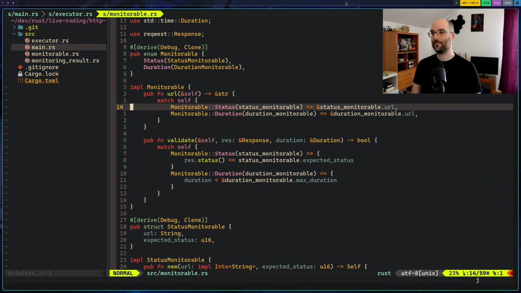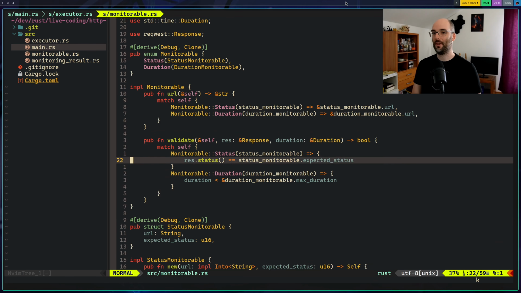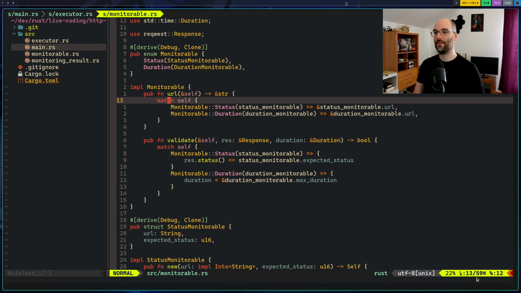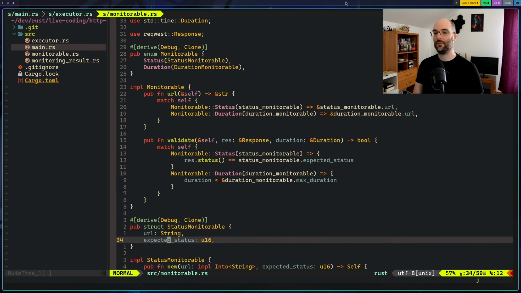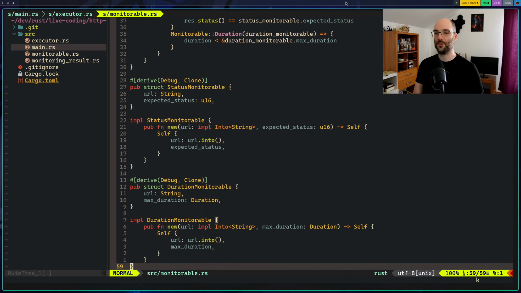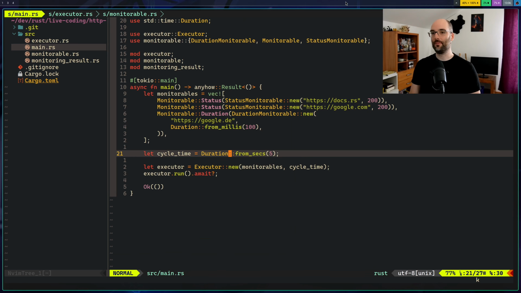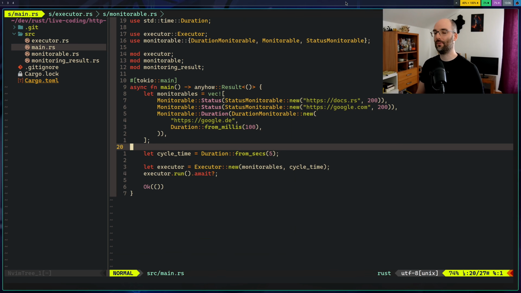You might even prefer to have all the validate code in one function and see how all the different variants are validated, rather than where it was split up before into the individual impl blocks of the structs. I think that's very much personal preference, but the code is so much quicker, so much shorter. That's nice. So this is definitely what I wanted to do.